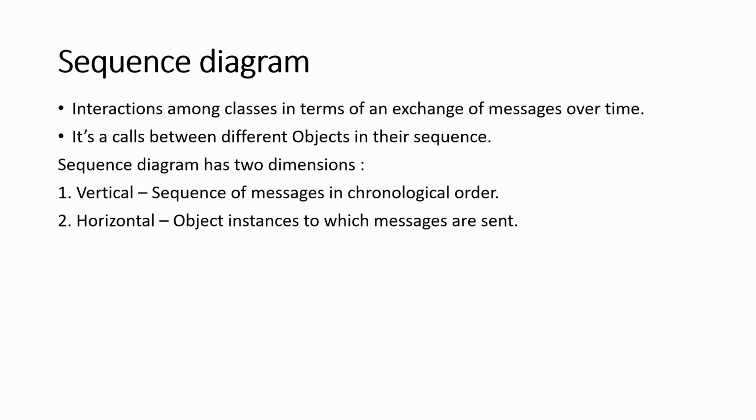All right, so in the sequence diagram, there will be mainly two dimensions. In the vertical dimension, we will always have a sequence of messages represented in chronological order, and horizontally we will put all the objects which will be a part of that sequence. So let's say for our previous user service, we would like to create a sequence diagram for the delete user. Now in the delete user, for example, we are taking two operations. First we will search the user, and when we find the user, then we will call to delete the user. So this is what the sequence diagram looks like for your delete user operations.